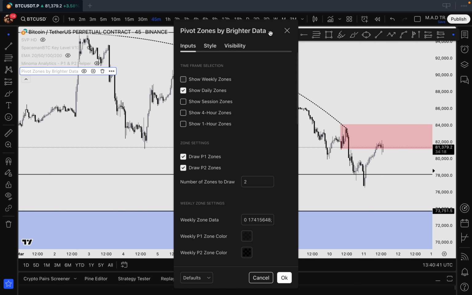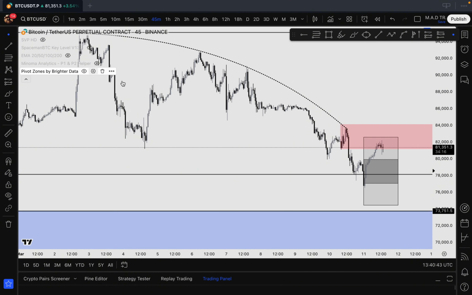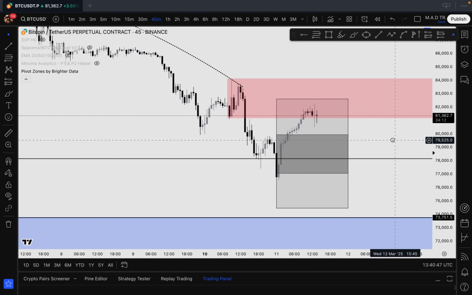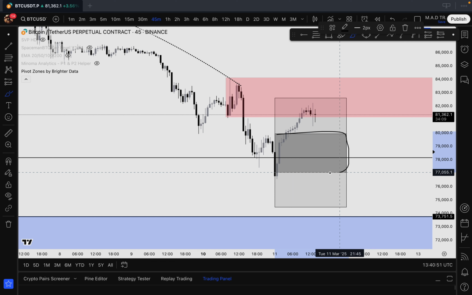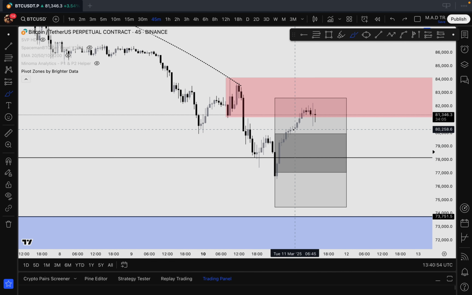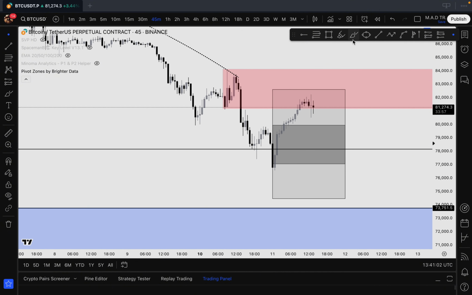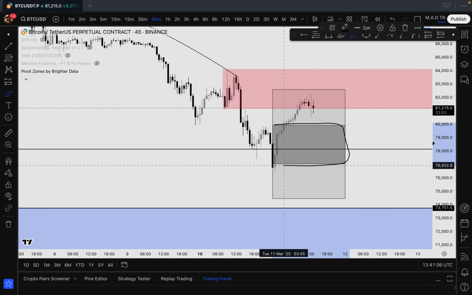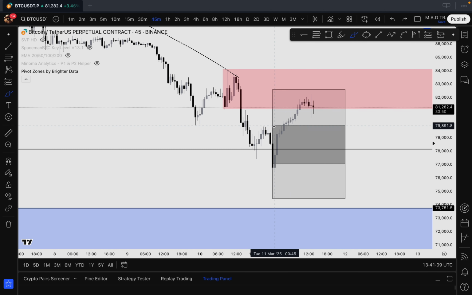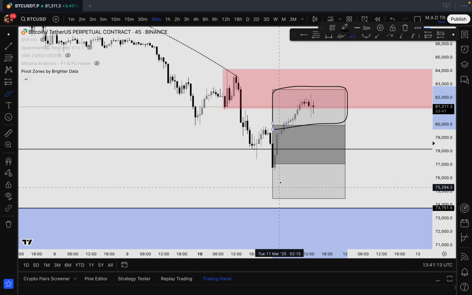What are the pivot zones? Let me start by showing you the daily pivot zones. Like you can see, we have this inner part, let me call it like that, the more dark gray part, and then we have the upper part right here, the lighter gray, and the lower part. Basically, to not make it too difficult, the explanation is that this zone is what we call the P1 zone, so the pivot 1 zone, and then this upper section is the P2 zone,